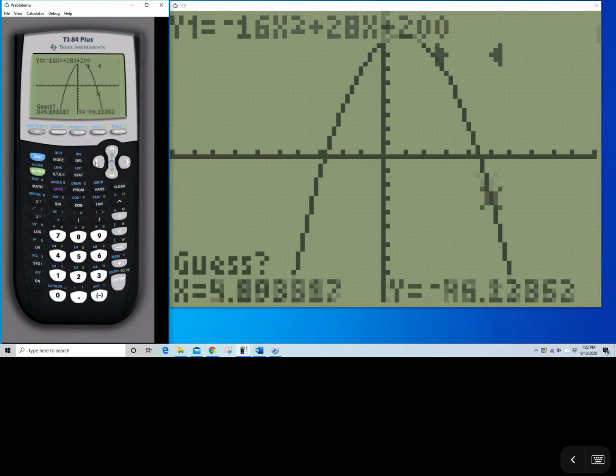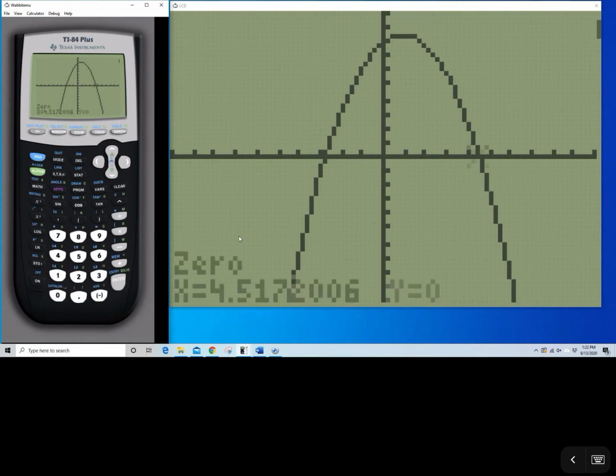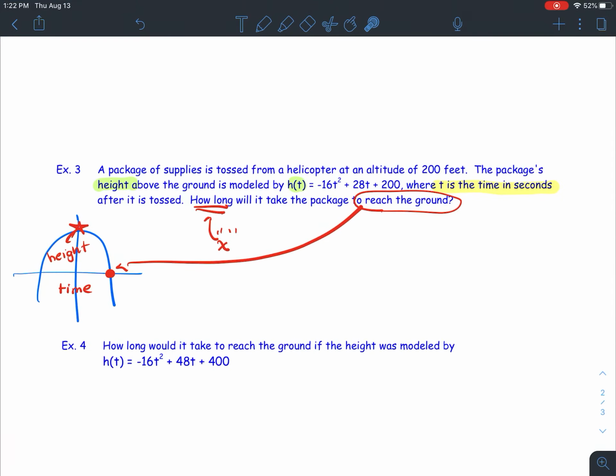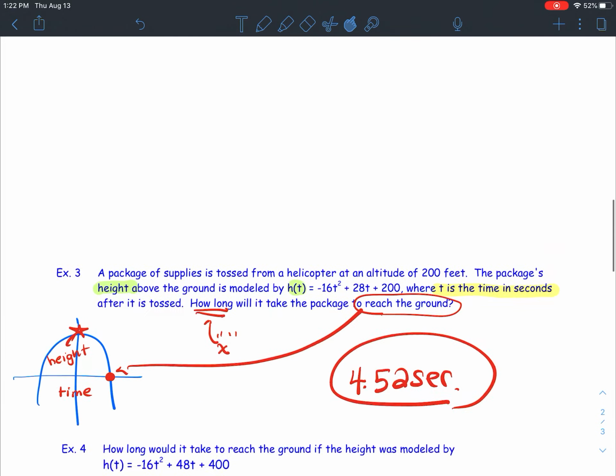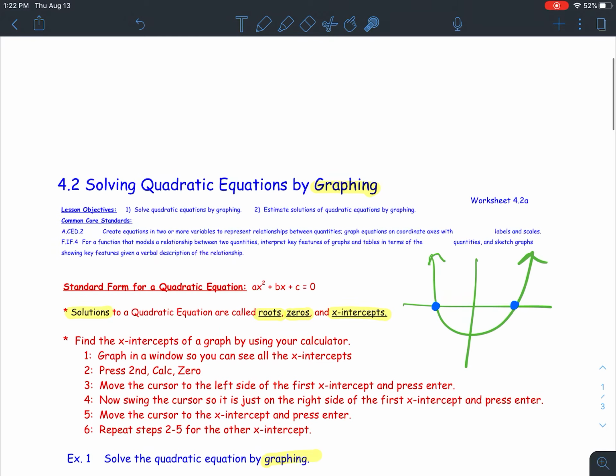Then I want to move the cursor so that it's on the right-hand side of the x-intercept. I need to kind of move it over here. Now it's to the right. I'm going to hit enter, and then I'm going to guess by moving it on top of the x-intercept. Whoops, and hit enter. My answer will be this x-coordinate. I'm going to round it to 2 places and say that if they threw the package out of the helicopter, in order to be 0 feet above the ground, which means it's landed on the ground, it's roughly going to take 4.52